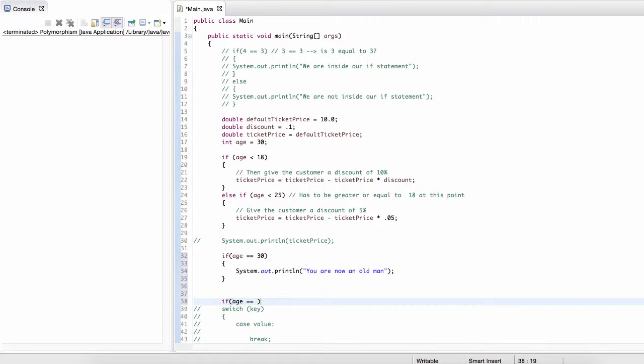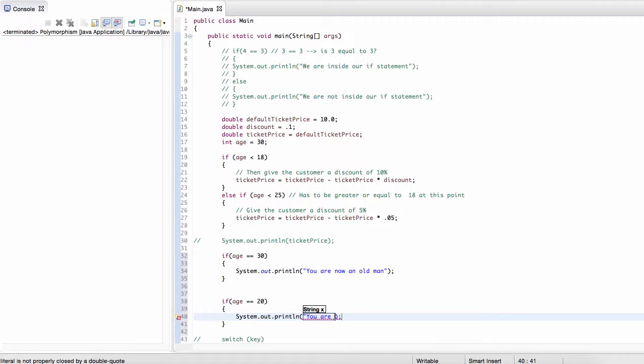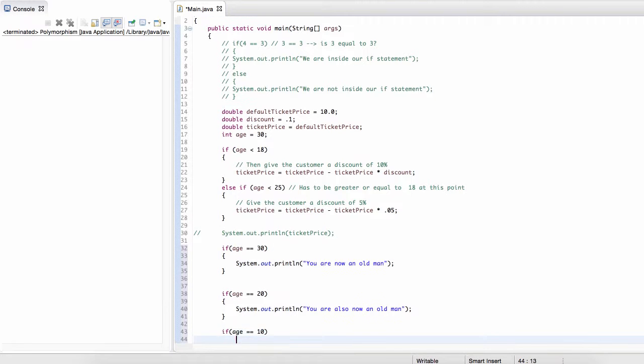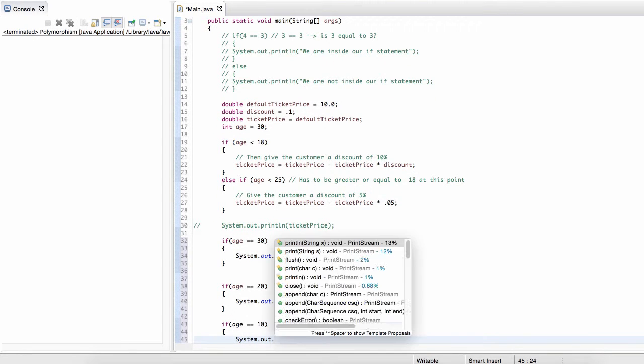If the age is equal to 20, then we can say you are also now an old man. But then we could say if the age is equal to 10, then we can